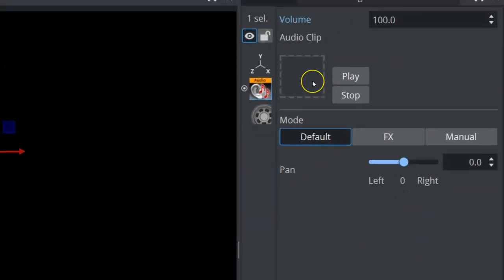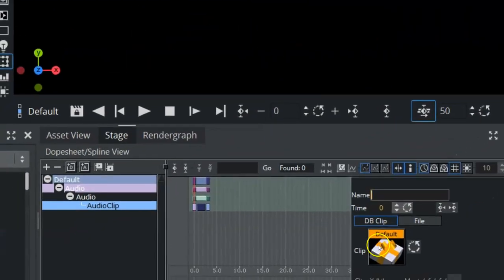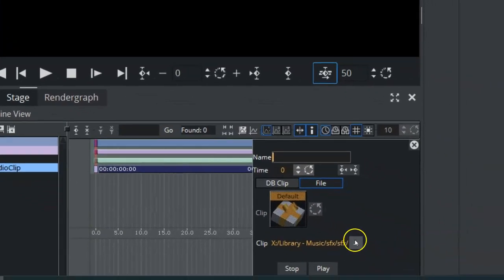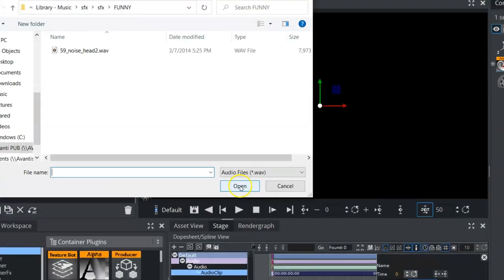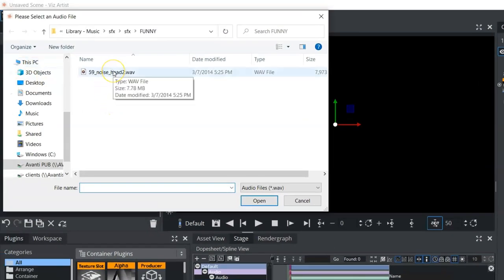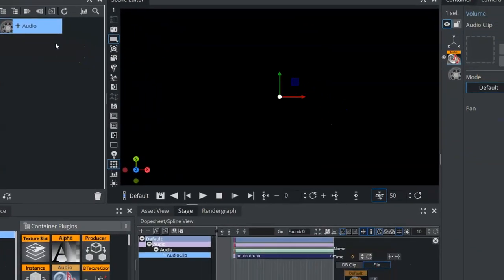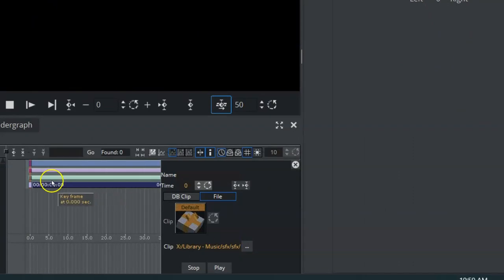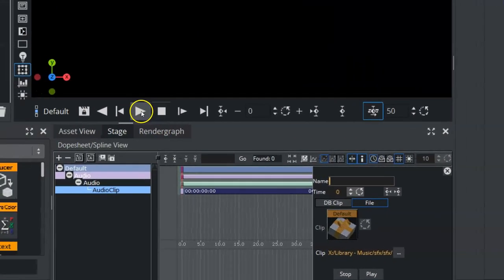The other way is that we have this box up here. First, we're going to show you how it works with this example here. We have an option for a dB clip or a file. If I just want to click over to file here, we actually have a drop down here that we can come up and click on, and it will allow us to navigate to a particular folder on our computer or network drive and select an audio file. Here you can see I have an audio file. I select it. It tells us the clip and where it's located right here. And if we wanted to come onto our stage in here, we can hit play. And now we have the audio